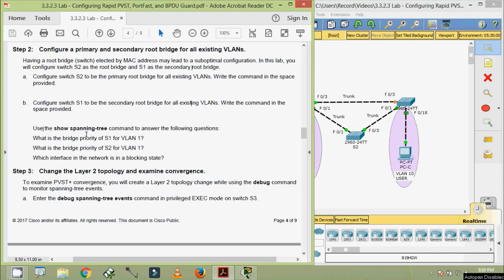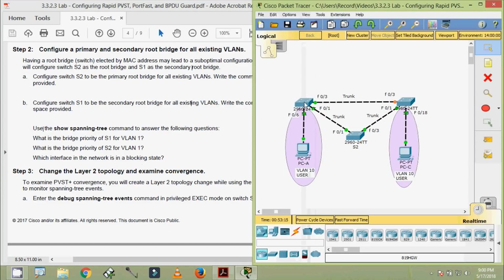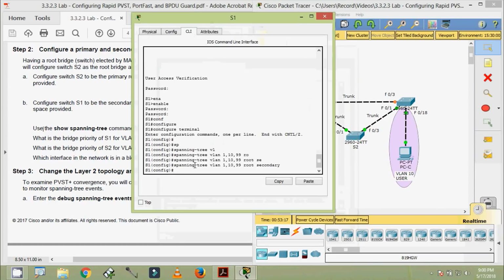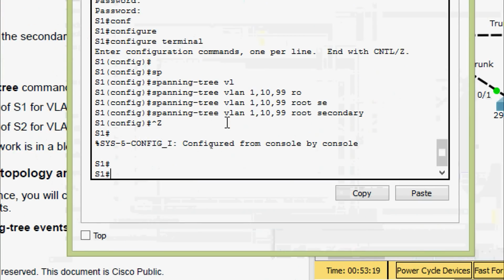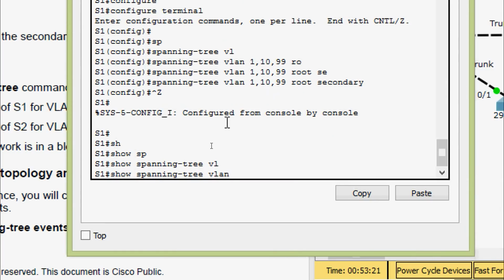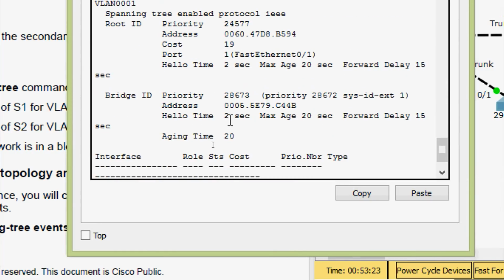Next is use the show spanning tree command to answer the following questions. What is the bridge priority of S1 for VLAN 1 and the bridge priority of S2 for VLAN 1? Which interface in this network is in a blocking state? Right, we will check that. First of all, coming to S1, show spanning tree VLAN 1, and here we can see the priority now. Bridge ID priority is 28673,